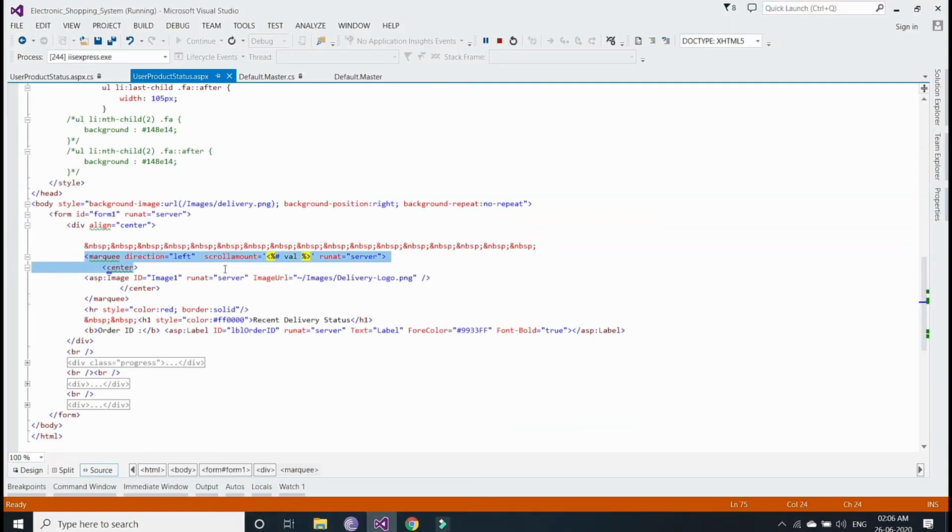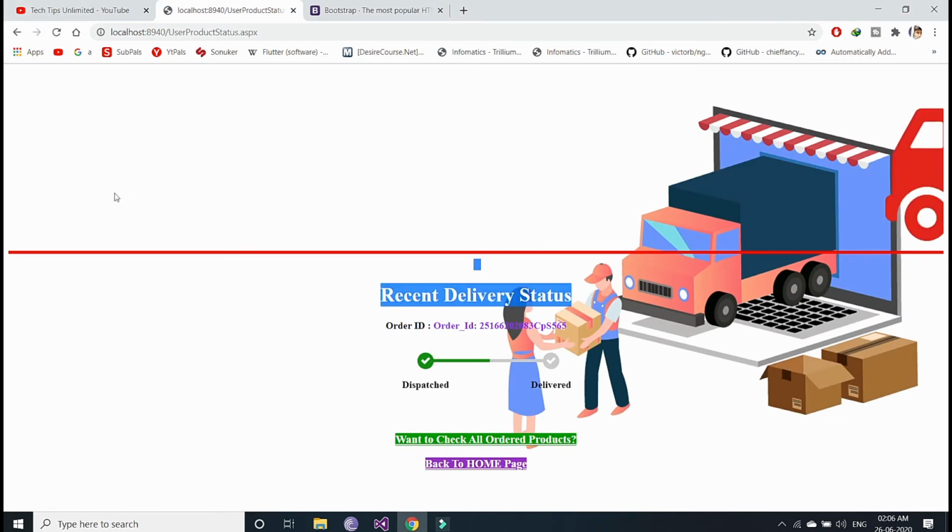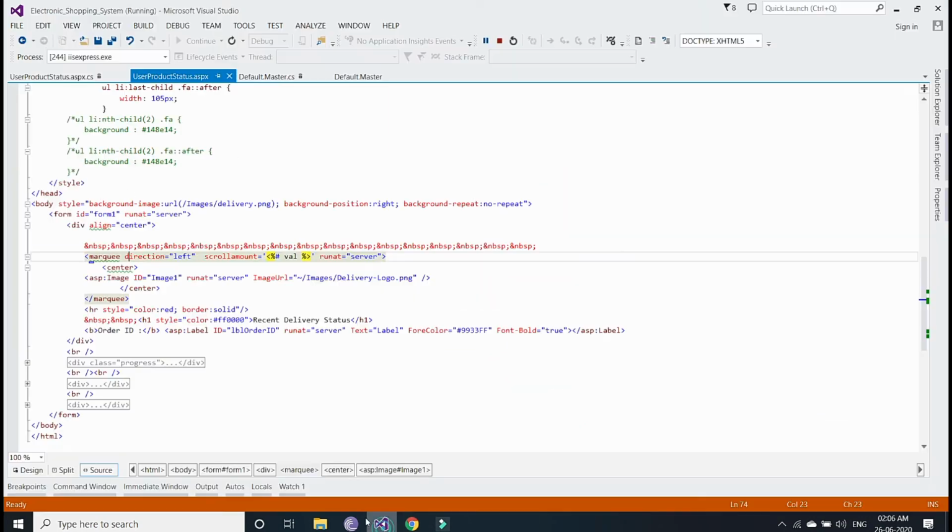So I have placed this image of a van inside this marquee tag. I have given the direction property as left, so it goes from right to left, right? That's why we have to give direction equal to left, and the scroll amount, the amount which is coming from the CS page.